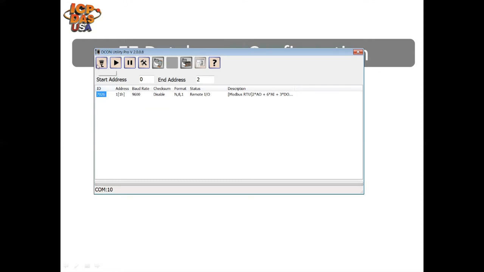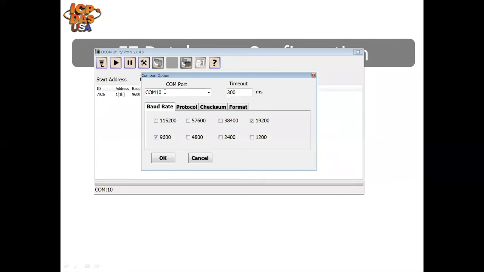So the process is you select your COM port using this icon. I currently have it connected to COM10. The module itself is set for 9600 baud, so I have that box checked. If I was unsure or possibly wanted to set it for something else, I can check those boxes as well. These are just boxes to filter out what baud rates to search for. So it'll take twice as long if I have two baud rates selected, but since I know it's 9600, I'll